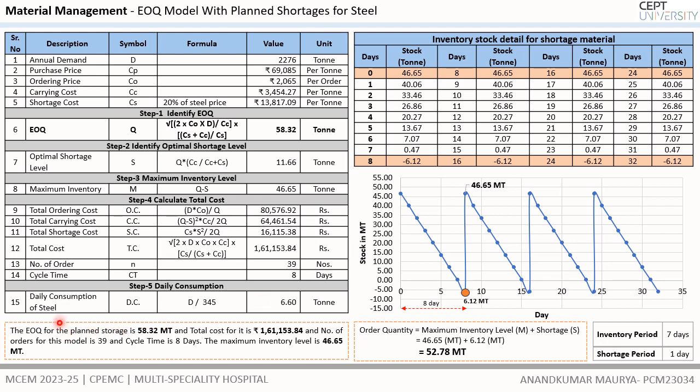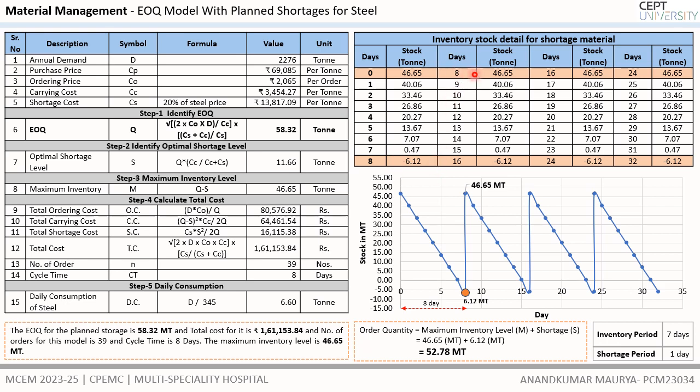Based on the working days of 345 days on site, it is considered to be the consumption of a total of 2276 tonnage of steel. 6.60 tons of steel is used per day. Based on all this calculation, the steel usage schedule is prepared, whereas on the first day there would be 46.65 tonnage of steel in the inventory, and on the eighth day it will go to a shortage of 6.12 metric ton, where on the same day